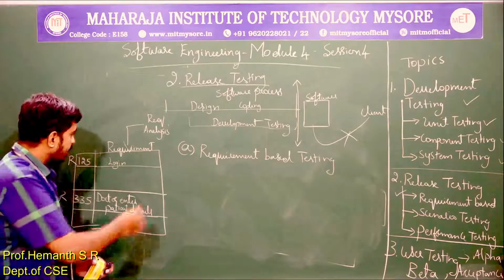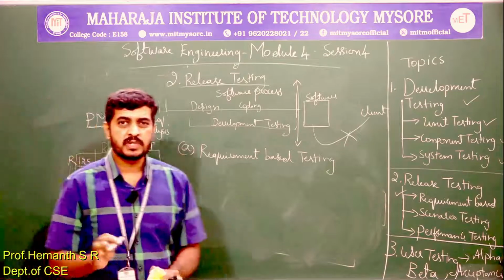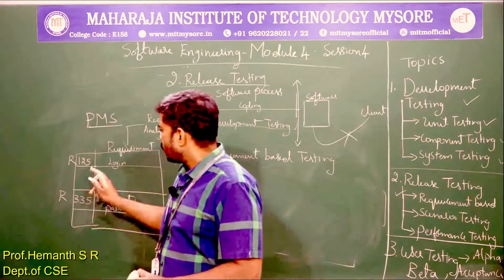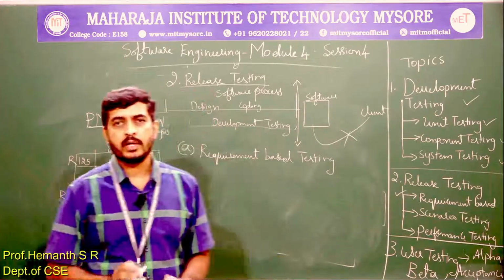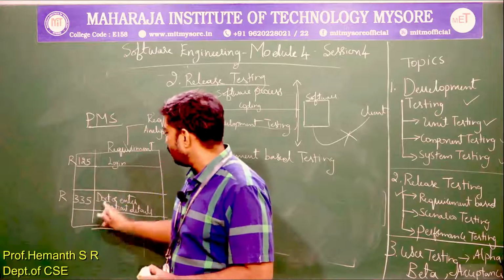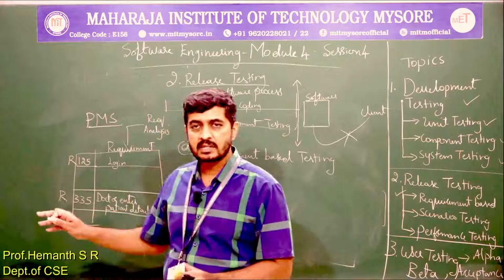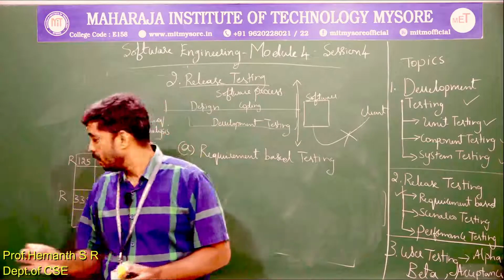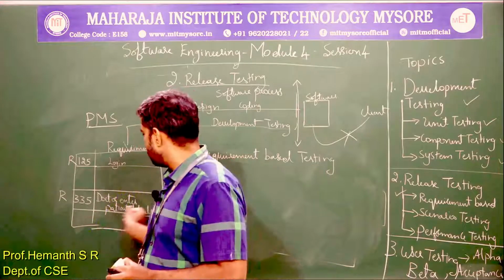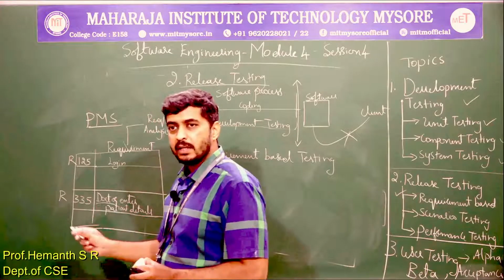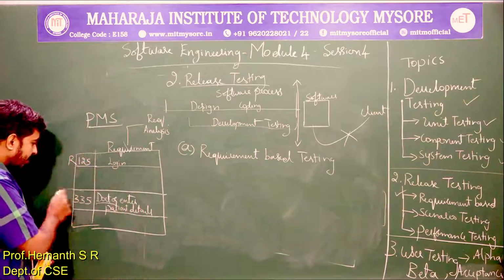So as we understood during the discussion of a patient monitoring system or a hospital management system, a patient should be able to log in so that he can book an appointment. Also, we understood after the doctor diagnoses the patient, he should be able to enter the details of the diagnosis. What medicines were prescribed, what are the typical symptoms of the patient, what is the follow-up that needs to be done. All those details the doctor should be able to enter, and that is also one of the requirements. So as you can see, requirement number 335.